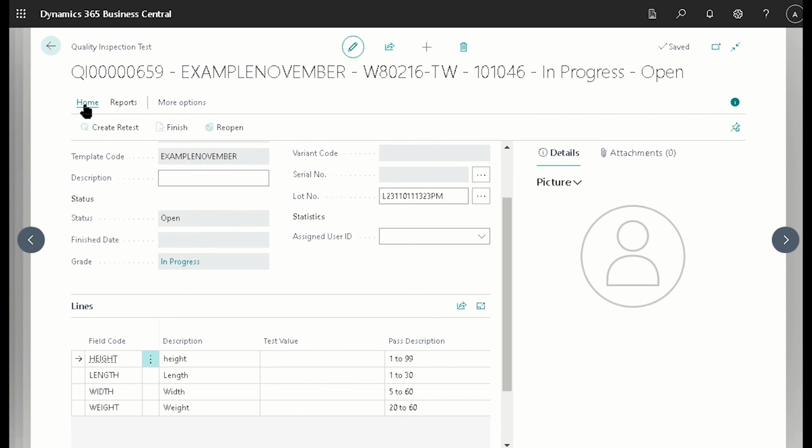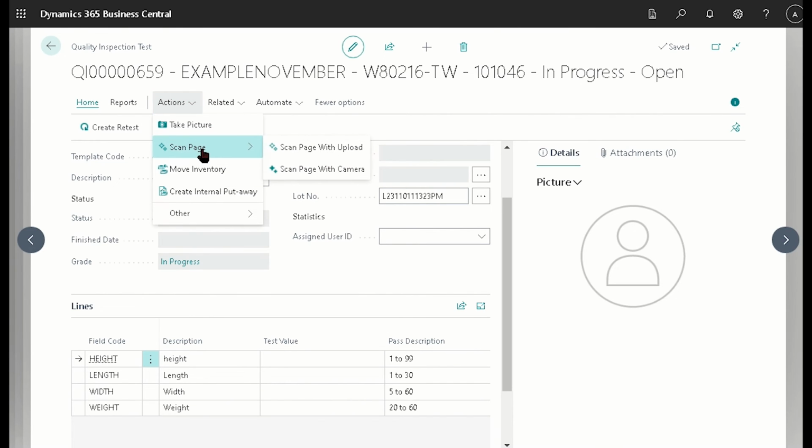So to do that, we're going to navigate to the home, choose scan page. And you've got two different options. So the first one is if you already have the picture uploaded previously, similar to what we did with the templates, then you can use it that way. Alternatively, you can also just scan it directly with the camera. And that's what we're going to do in this option.